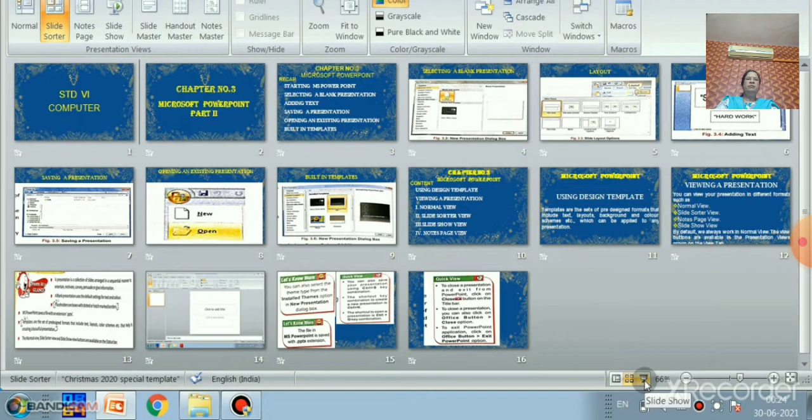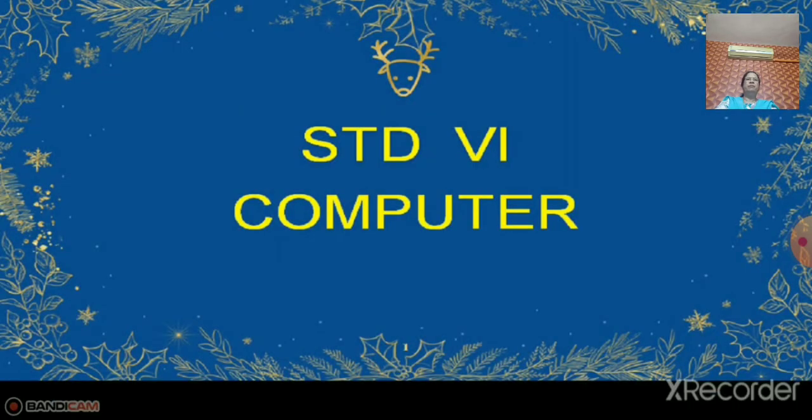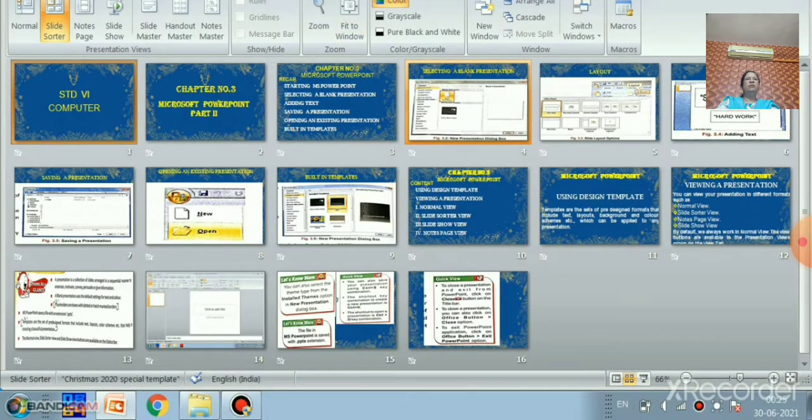Is that clear, children? Now we will go to the next view, slideshow view. What is the use of slideshow view? This view displays one slide at a time on full screen, showing the slides of a presentation.